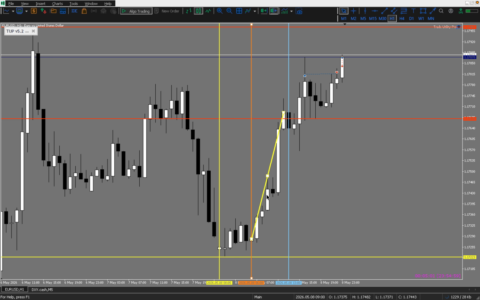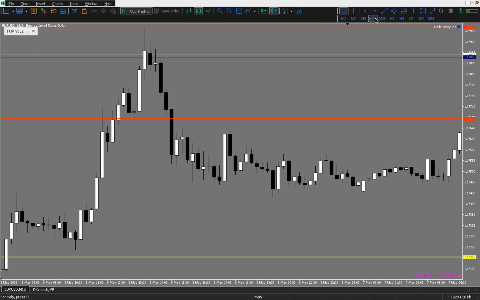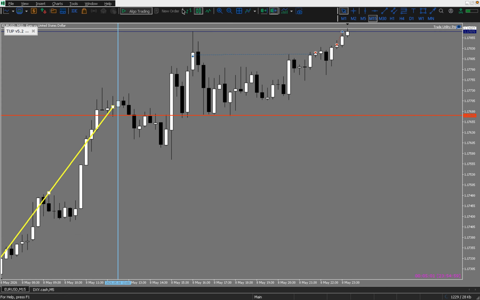This is my indication right here. I can clearly see it on H1. This is my indication. Breaks the area of interest. Indication confirmed. Now, M15, what I'm looking at is